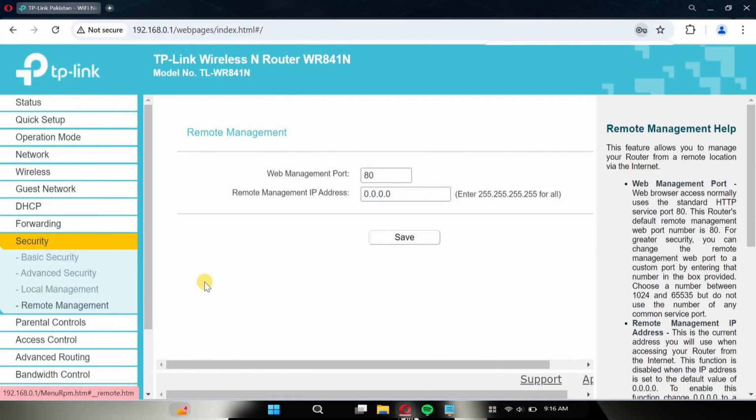You'll notice that with the default settings, using port 80 and the IP address set to 0.0.0.0, Remote Management is disabled. You can keep the default web management port, such as 80 or 8080, or change it to a custom port for better security. In the Remote Management IP address field, you'll need to specify which external network is allowed to